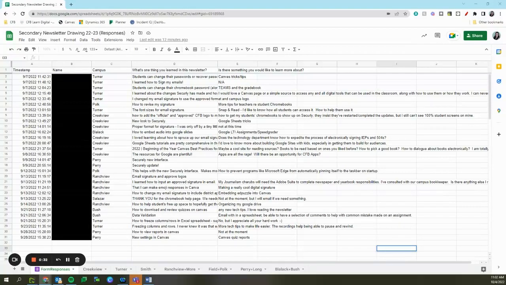So maybe you have data for the whole team that you want to split out to specific teachers. Maybe you have data for multiple tests or things that you then want to split out into different